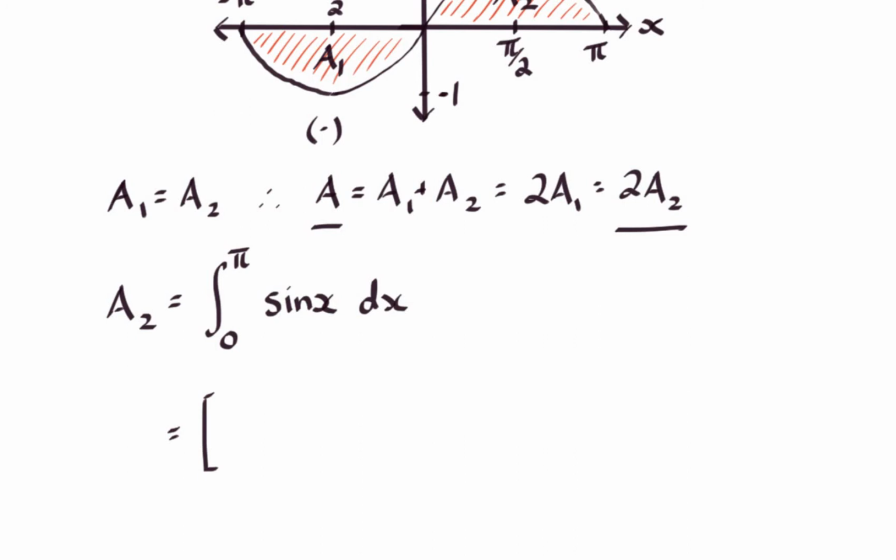Well, because the derivative of cos is minus sine, that means the integral of sine is minus cos. So we get minus cos of x. Evaluating minus cos of pi and then taking away minus cos of 0,